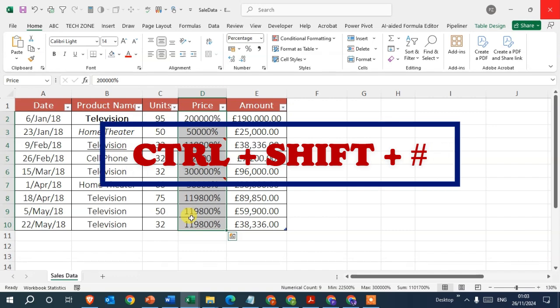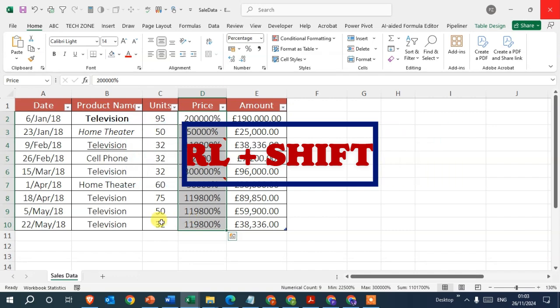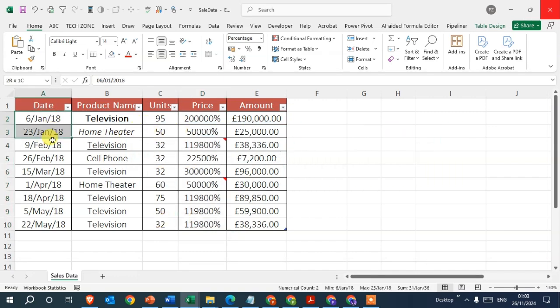So Ctrl+Shift+#. So I select here the date and here I press Ctrl+Shift+#. Okay, you can see the changes in the date format. Okay, next shortcut key,